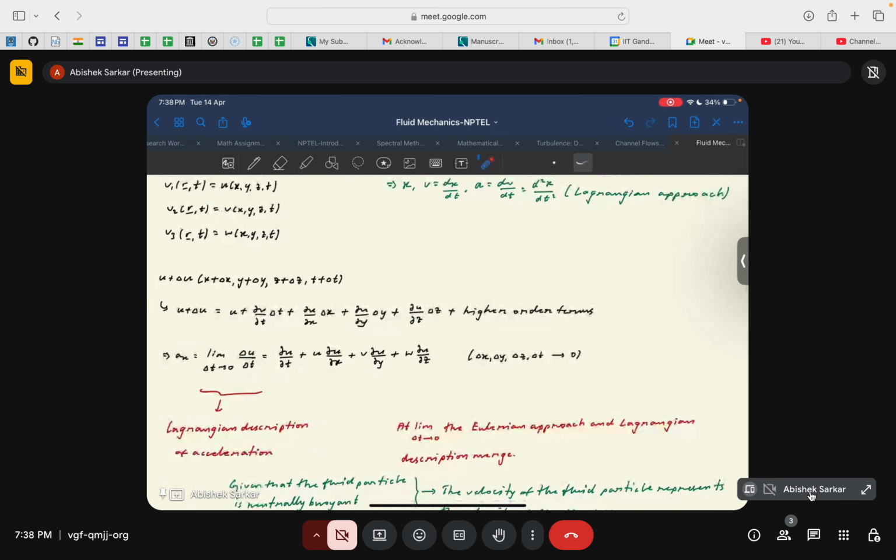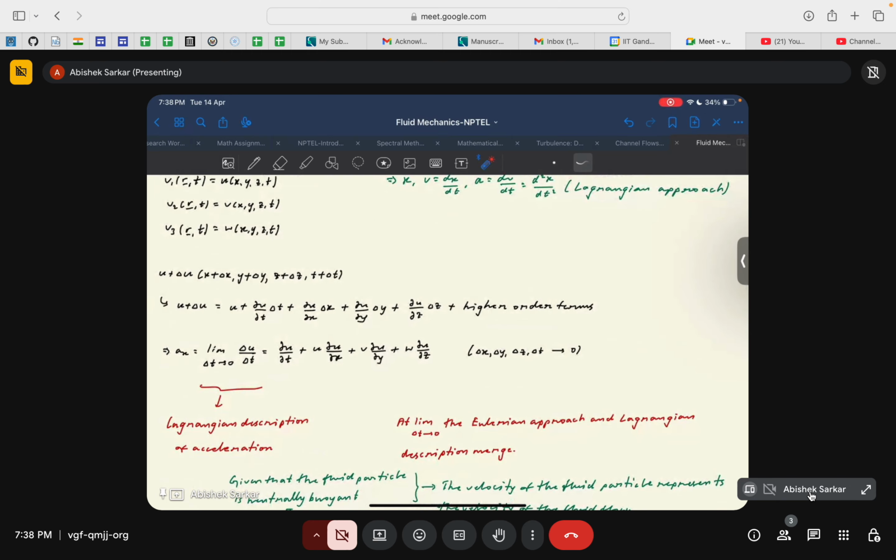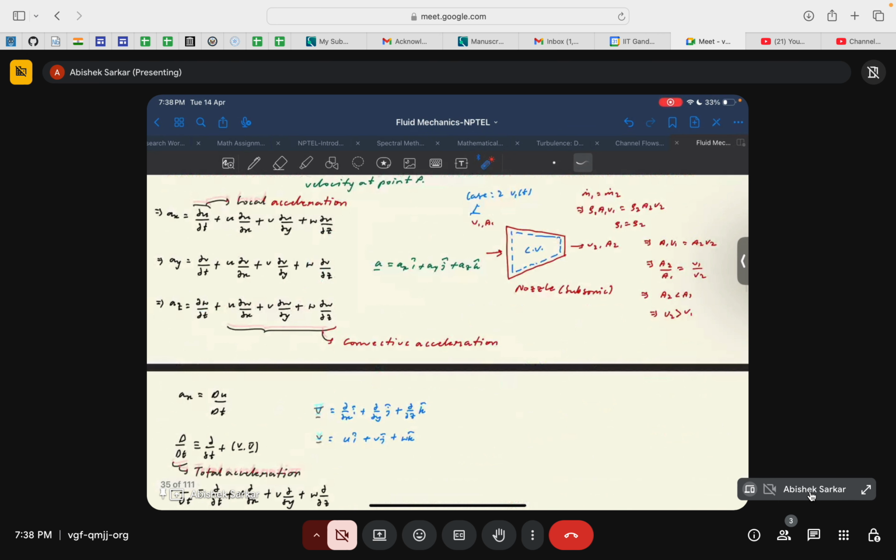So then in this week only we introduced the convective acceleration part, that is the acceleration because of the spatial variation, and the local acceleration. We found out that from the perspective of control volume analysis, this type of definition of acceleration was important. So basically we formally introduced the concept of acceleration in the case of control volume. Okay, so